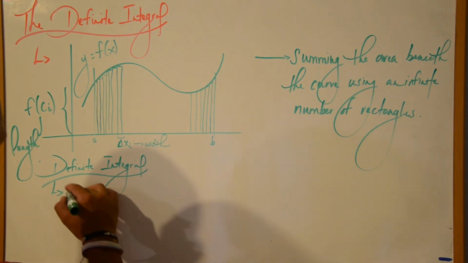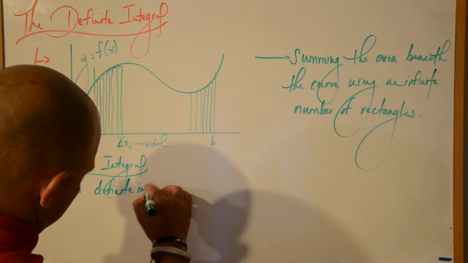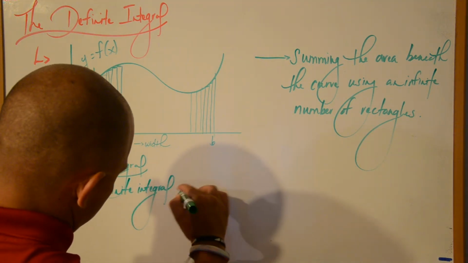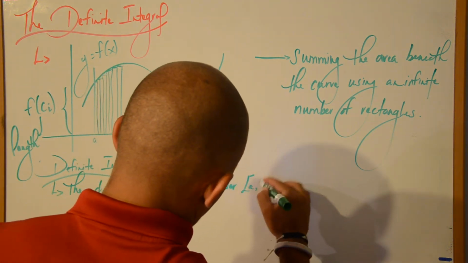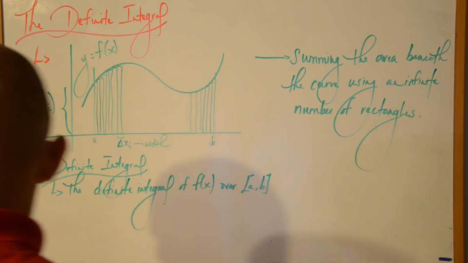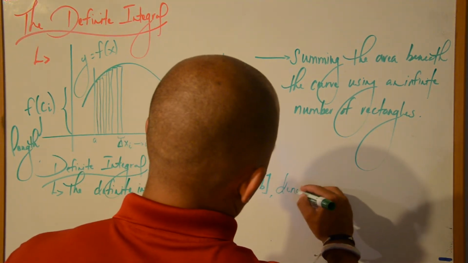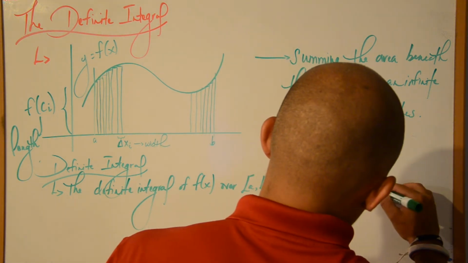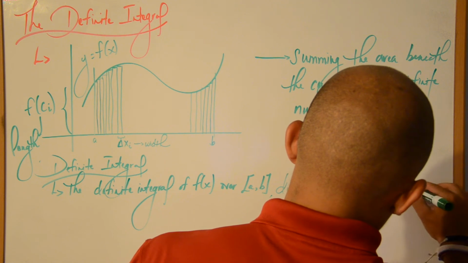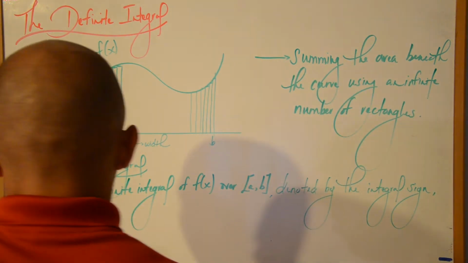And what integration is doing, right, so this idea of a definite integral: the definite integral of f of x over a, b, denoted by the integral sign, is the limit